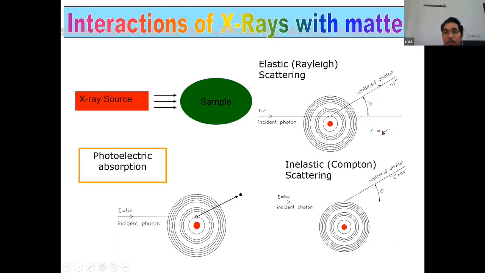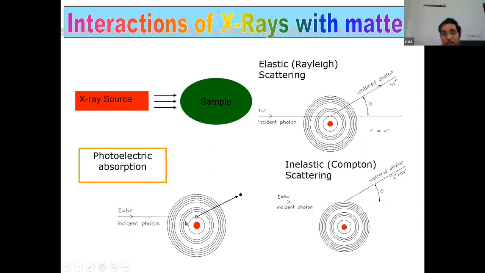So ν' is equal to ν. The frequency doesn't change, which means the energy doesn't change. Only the angle of scattering of the X-ray is changed. In the second process, inelastic Compton scattering, the energy of the incident photon changes after scattering. And then there is another process where the photon interacts with the inner shell electrons,